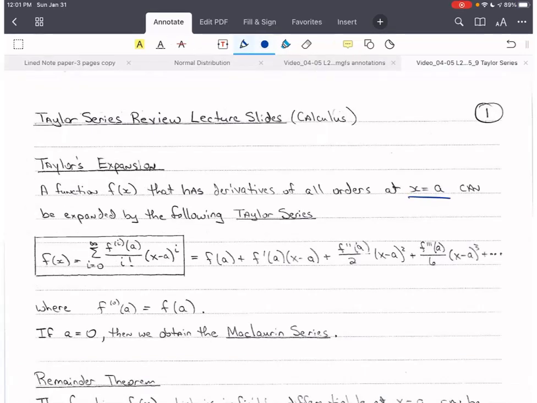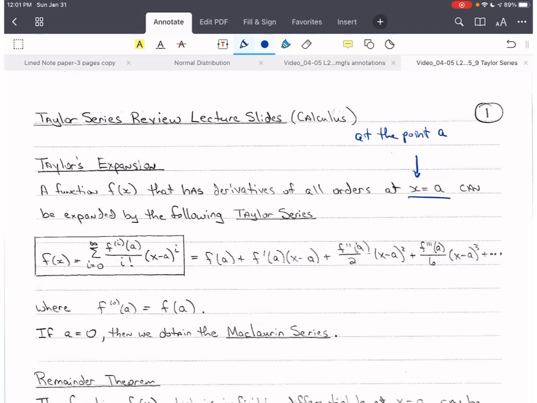Let's discuss Taylor's expansion, or Taylor's theorem, or Taylor's series. Those are the commonly used expressions for Taylor's result here. So we're going to start with a definition. A function f of x that has derivatives of all orders at x equals a can be expanded by the following Taylor series. Now, what this means is that at the point